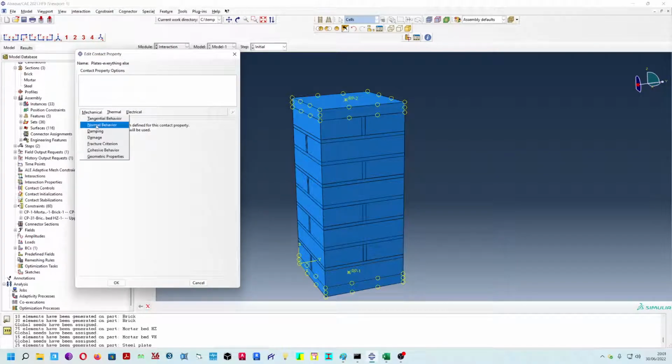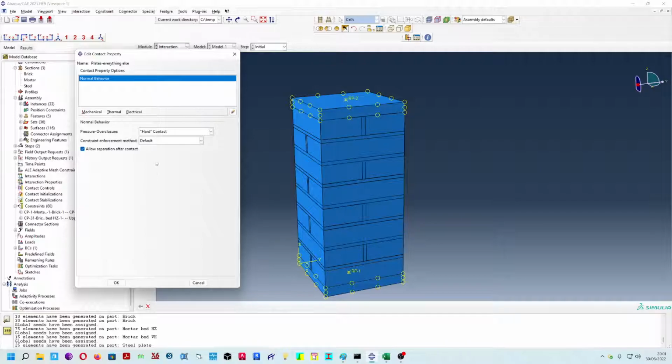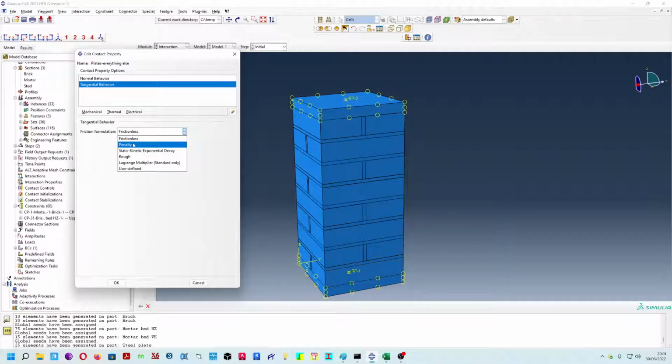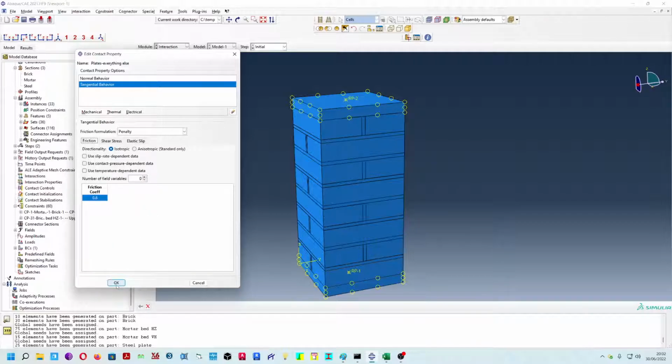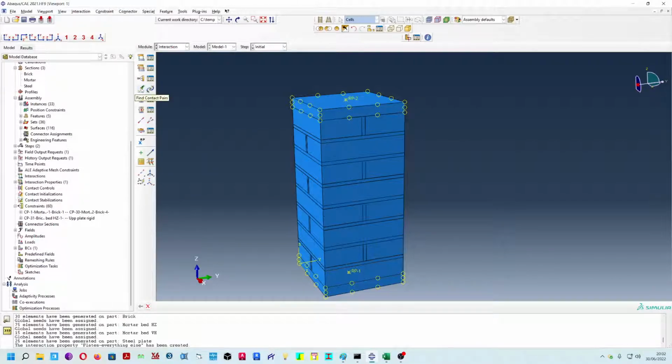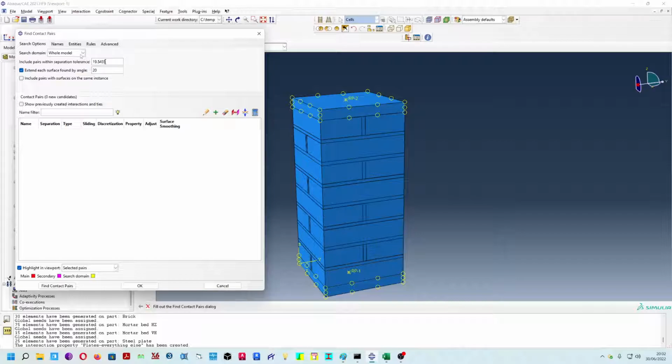I'm going to assign a mechanical normal behavior, hard contact, to prevent the compenetration, default, allow separation. I always leave the default things before learning very well what they do. Mechanical, tangential behavior, penalty with a friction coefficient of 0.6. Isotropic friction in all directions, no limit on the shear stress, elastic slip by default, and this contact property is the property I'm going to use, finding contact pairs, and again